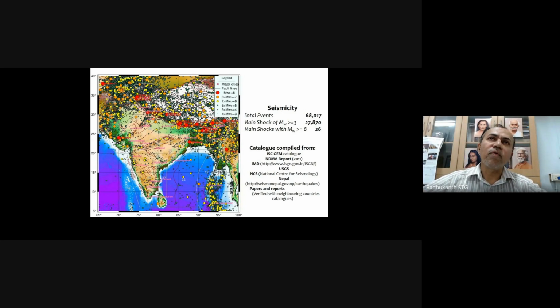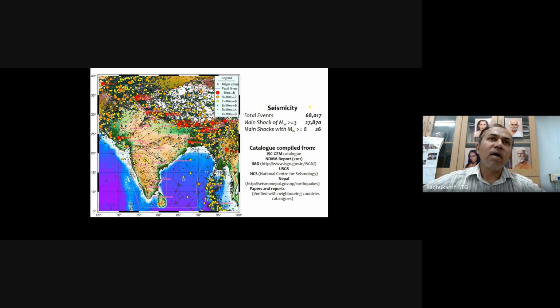This is very important to find the recurrence relation, or to calculate the probability density function for magnitude. India has a very rich history, with all the historical events. A lot of paleoseismic studies have been done. Most of the kings used to maintain their autobiographies, and they described many earthquake damages. Most of the historical events come from that, and they have also been confirmed by paleoseismic investigations.